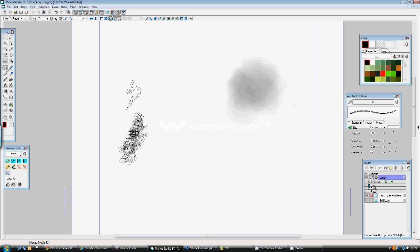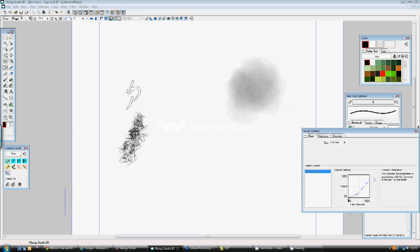So if you look at the standard pen set, as opposed to the pattern brushes, the pen sets and the pencil set and the marker set are all based on standard shapes like the circle, mainly the circle. So what is it that you need to look at? Not a lot. The size of the brush, that's a simple and obvious thing. But the only other major thing is the way that it works with a pressure sensitive tablet, and that's what really makes the various pen types have a realistic feel to them. So if you click the little circle next to the word size, then you get the settings for the brush, and you see it's almost straight. It's a slight curve for a G pen,